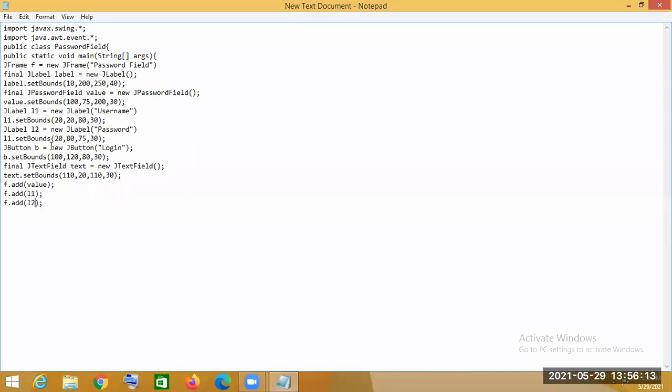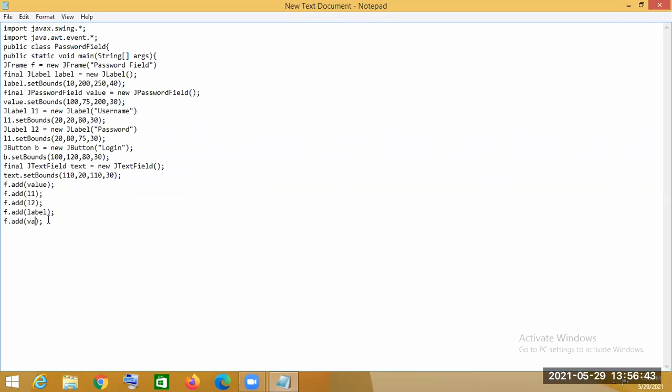We are now adding these two labels to the frame. So L1 and L2 we have added. After that, we will add the label we have created. One by one, we will add the components. So this is the label, so we have to pass the object.